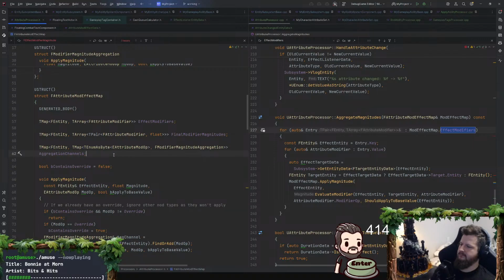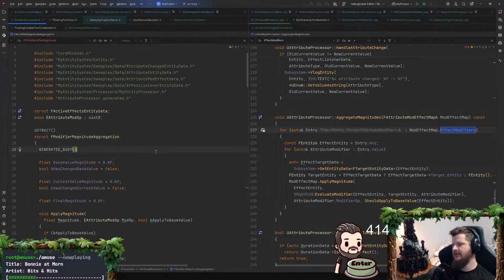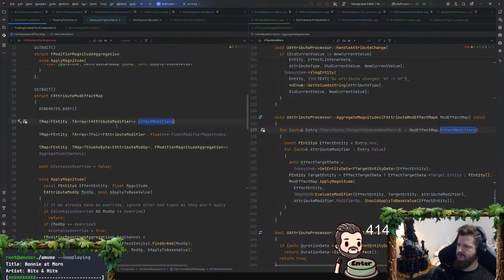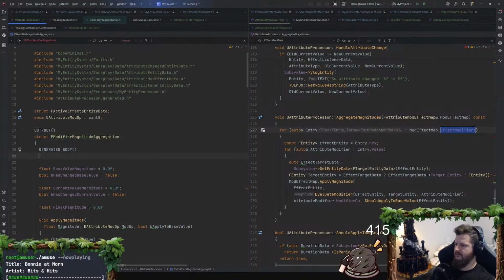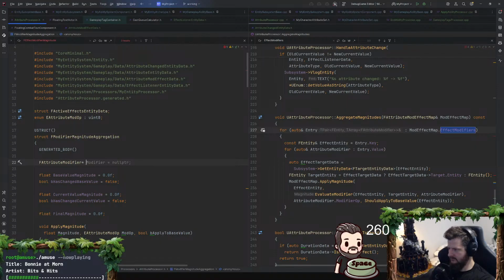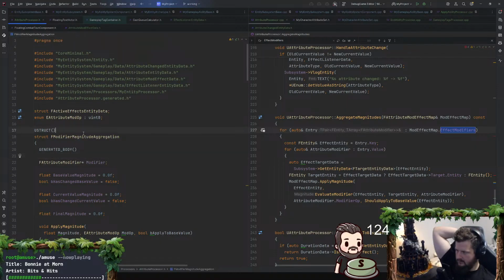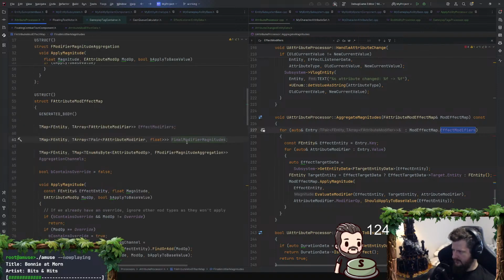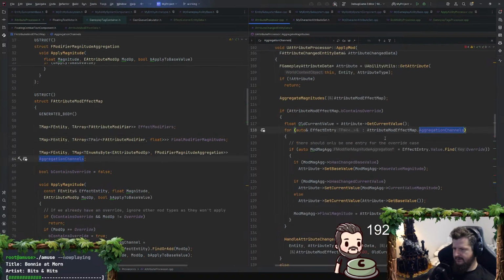I can only tie it back to the entity. So I guess what would be easiest here would just be to put this here. And we pre-pop that, right? That's pre-popped.